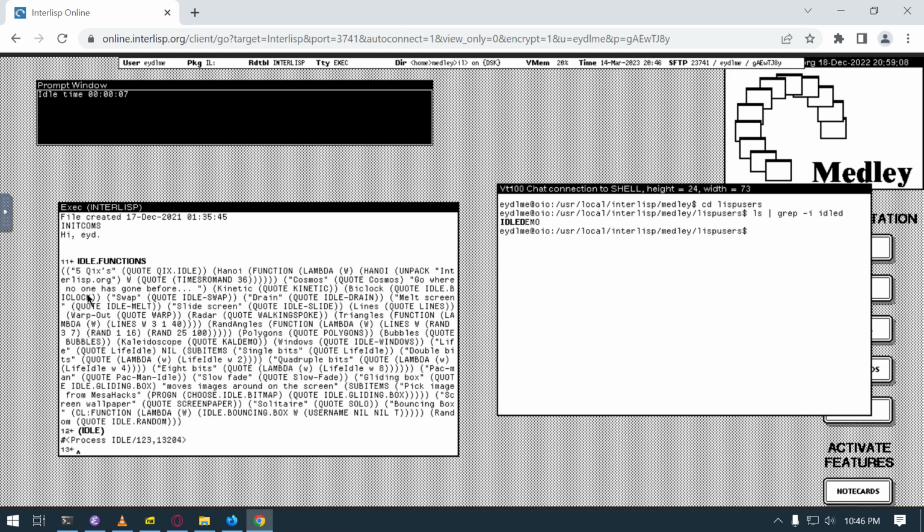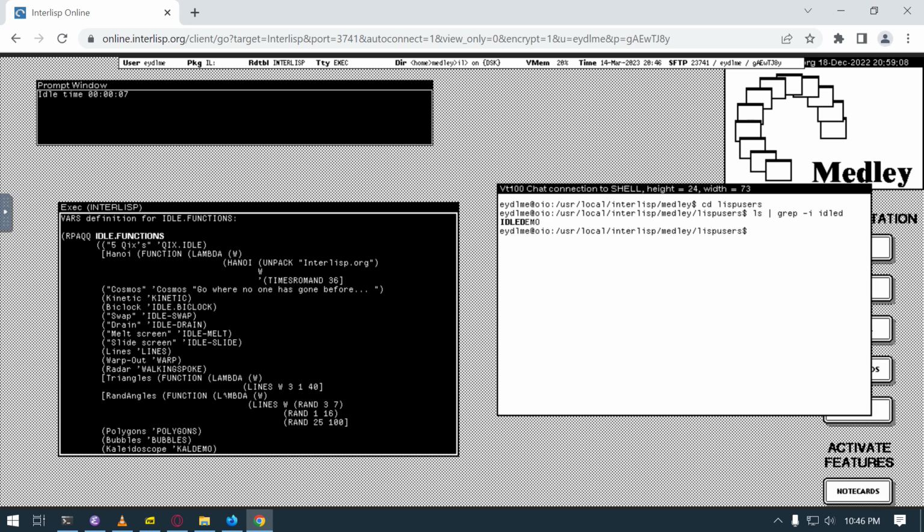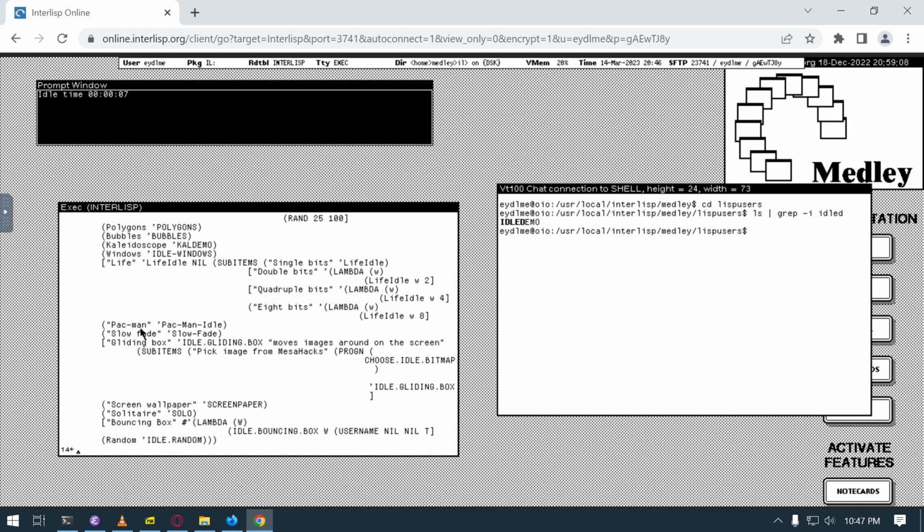So this is actually something we could probably use find or ASOC on properly. So let me just try that. We can also pre-print it though, I guess. Idle functions. And see what these are. So Pac-Man idle might be the function to call right here. So if I try to call that Pac-Man idle,